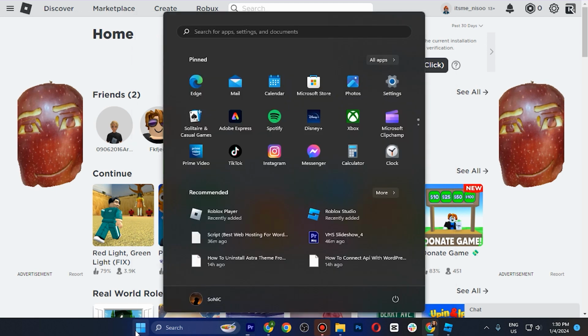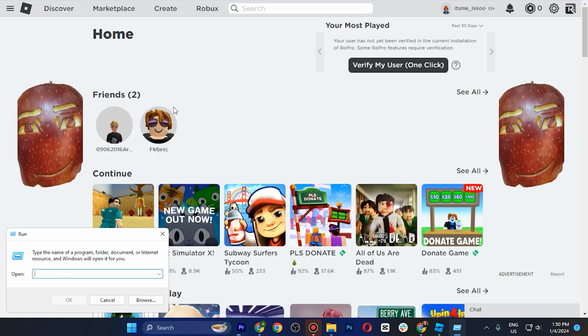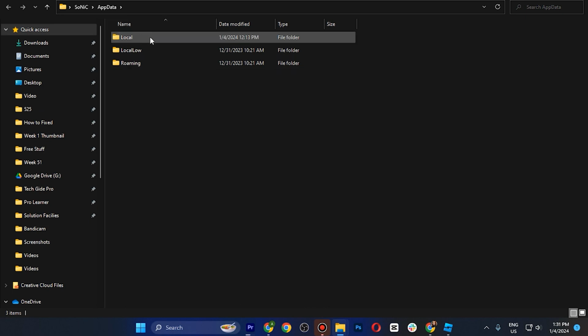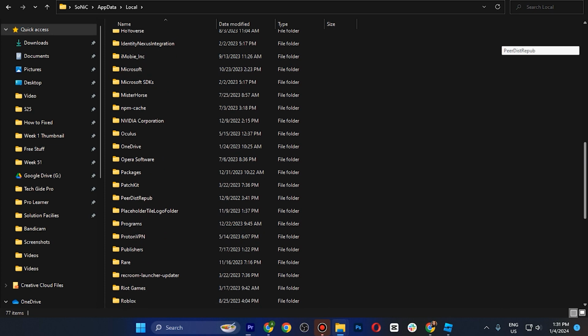So first of all, you have to go into your Windows and here you have to type run. Now once you are in the Run app, here you have to type the command: write %appdata% and simply press Enter or OK. Now from here you have to go into Local and find the option of Roblox,